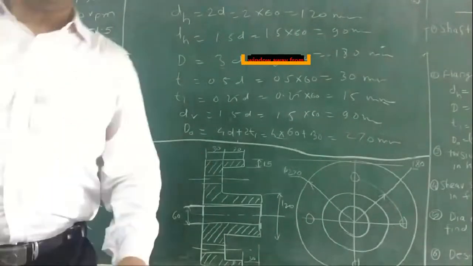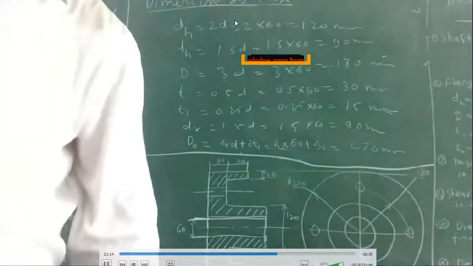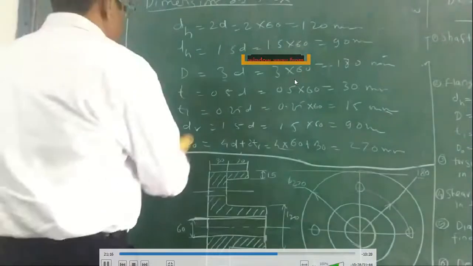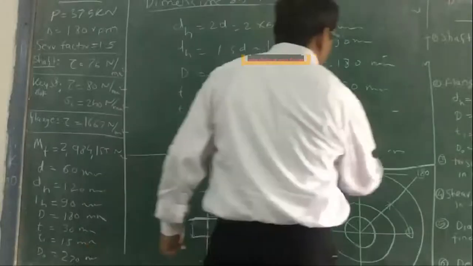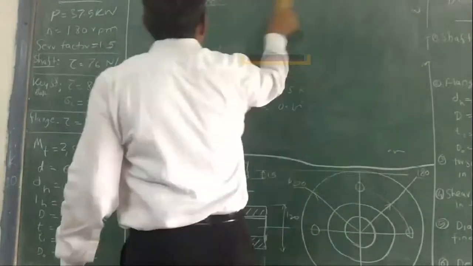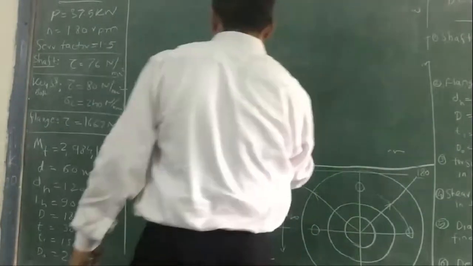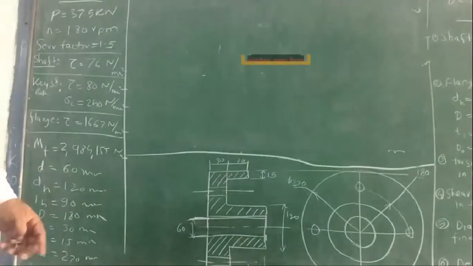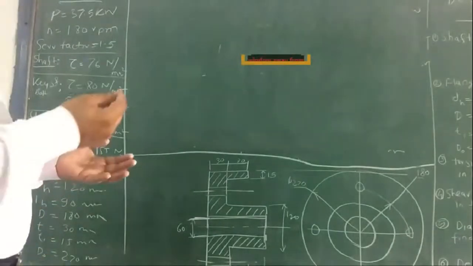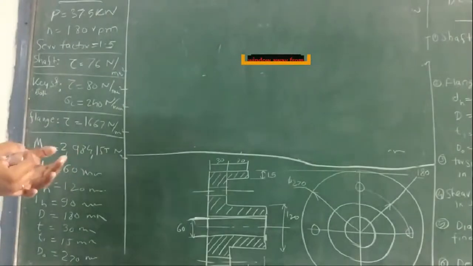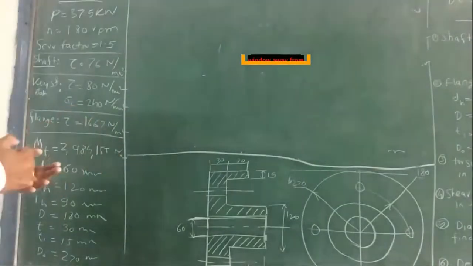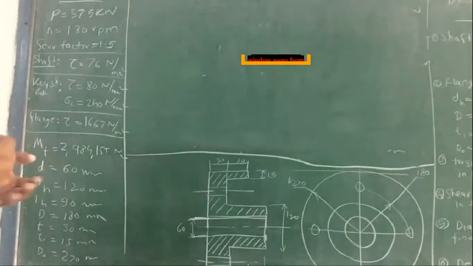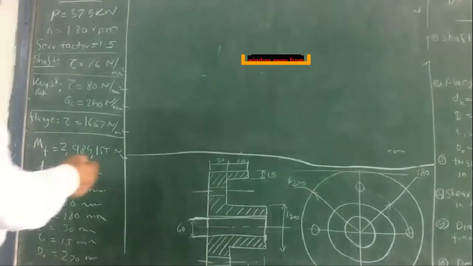Okay. So you got a clear picture of it. Now we know the dimensions. We have drawn the diagram also. Now we'll make sure that all these dimensions are safe, that it will not fail. Our flange will not fail under different failures. Right. So now this is very simple. With the dimensions we'll check first flange. Now first torsional shear in the hub. Then we'll check shear stress in the flange, diameter of the bolts, and the dimensions of the design of the beam. So first thing we have to do is the torsional shear stress in hub.